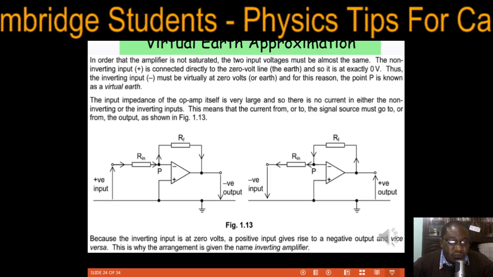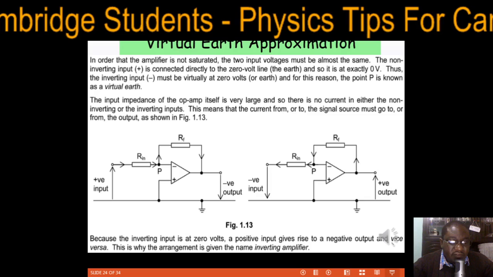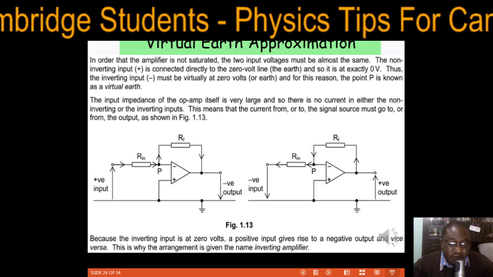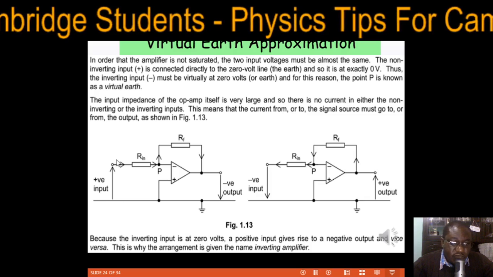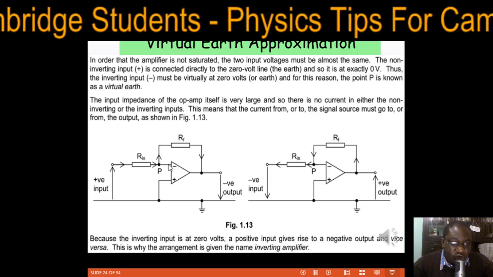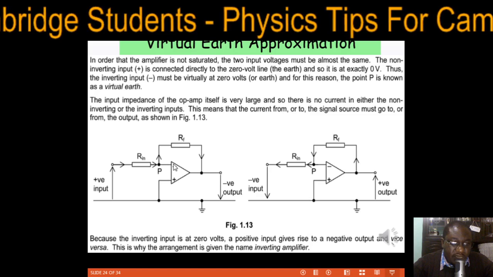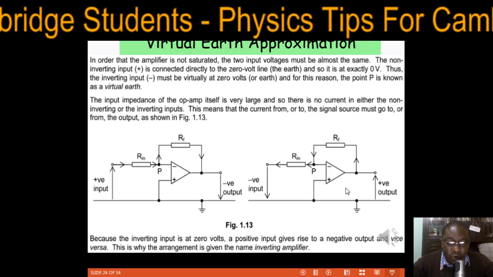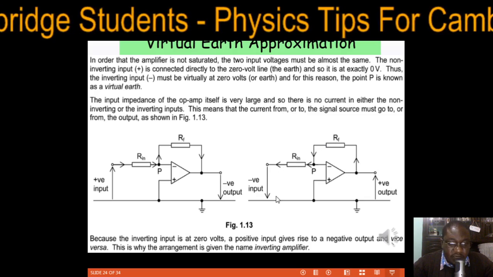The input impedance of the operational amplifier itself is very large, so there's no current in either the non-inverting or the inverting inputs. This means that the current from or to the signal source must go to or from the output. As you can see in the arrow, we have the current going this way. It cannot go into the op-amp because there's a very high input impedance or resistance there. So it goes through there. So this forms a potential divider. Or it can go from the output, like that. So that's how you get